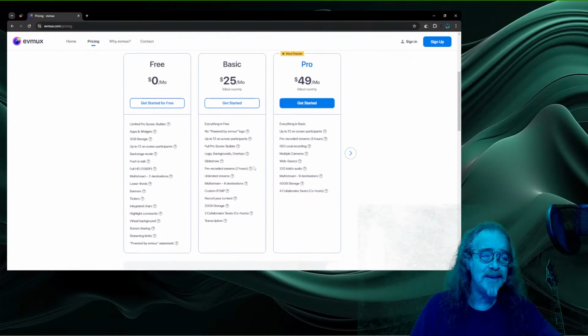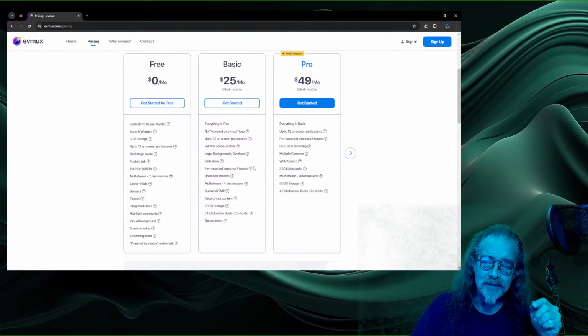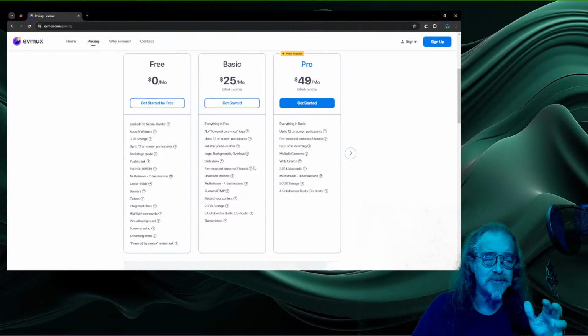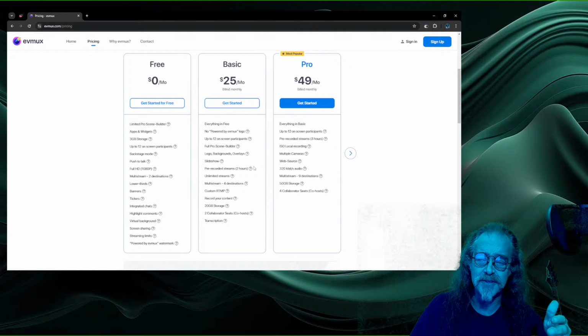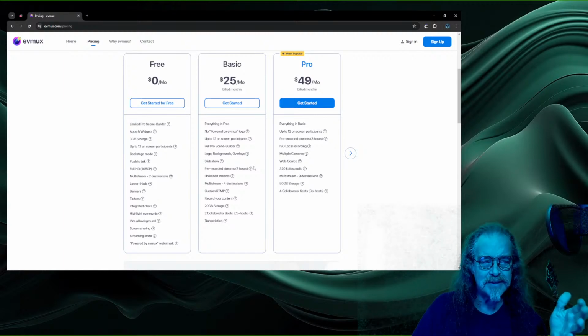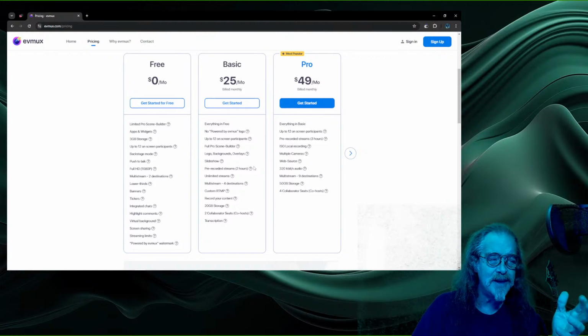Now, a couple of advantages that Evmux has over StreamYard. Number one, you can have up to 12 on-screen participants, up to 12 people on that panel at the same time, as opposed to the 10 that you were limited with StreamYard. Another advantage is the background mode. The people that are backstage can hear each other talk, which allows for vetting. If you're on the basic or the pro plan, you can have somebody else